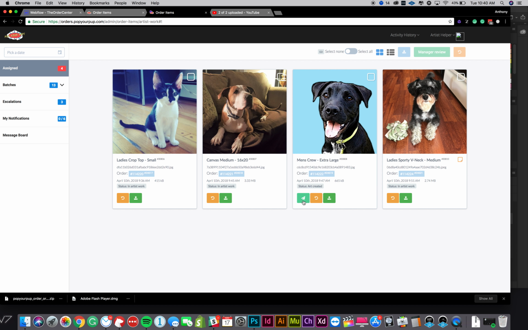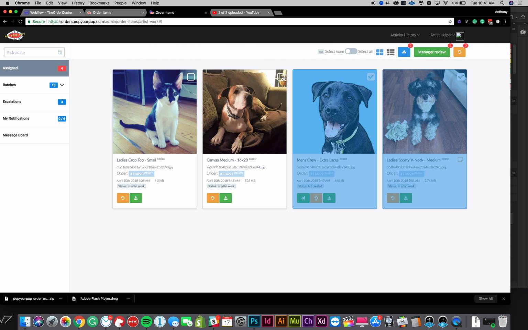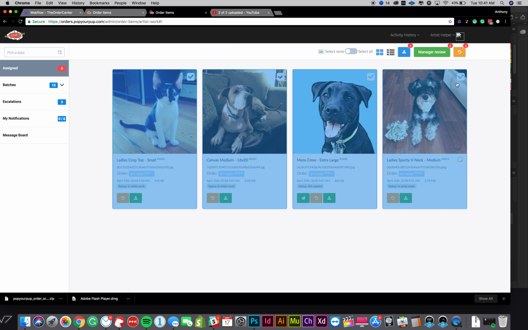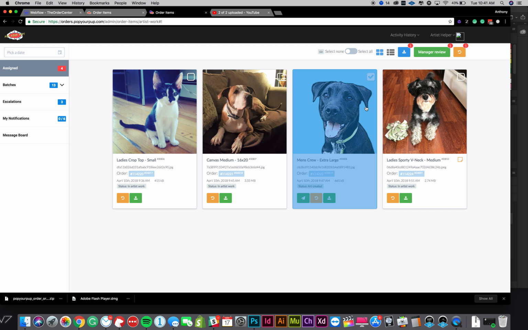Notice how now there's an arrow here where these ones don't have it. That's because there's a proof uploaded. So we can send it here or we can send it here. This is more for global stuff. If you were to choose multiple ones and these all had proofs, you can just send all four of them right to Will. So for now,